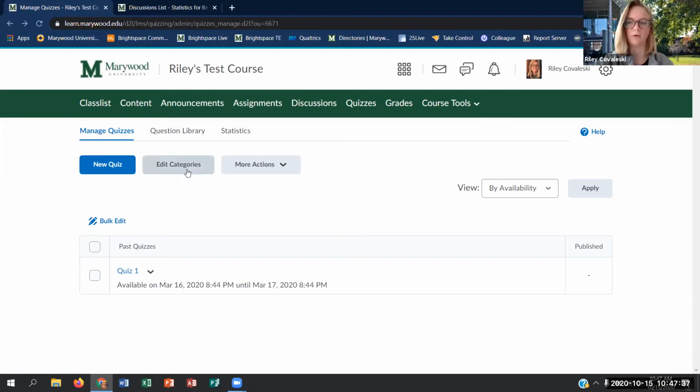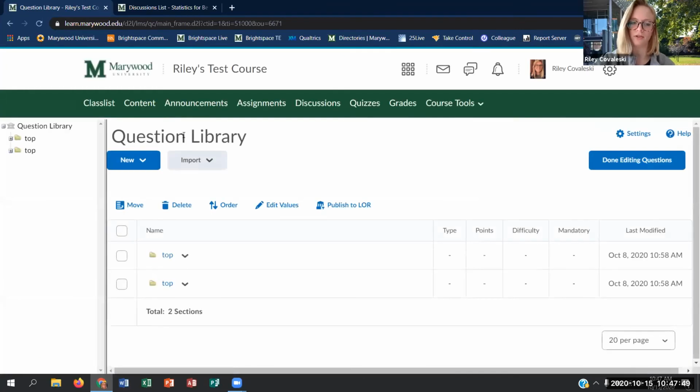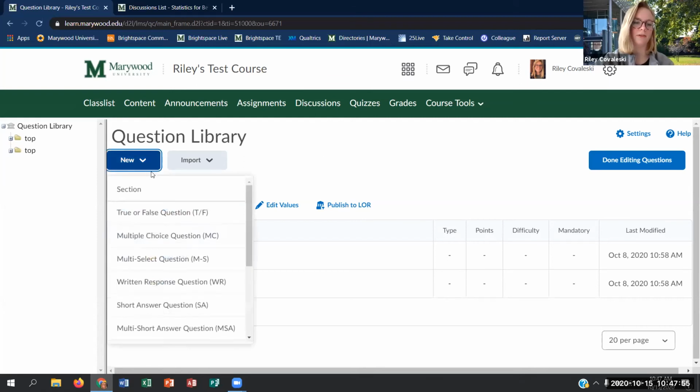You just click edit categories, add category, and then make a name for it. We can create a new quiz from here. Also, we can go to question library at the top and create a question bank essentially. So if you'd rather just start creating questions, you can go right to the question library and either create some